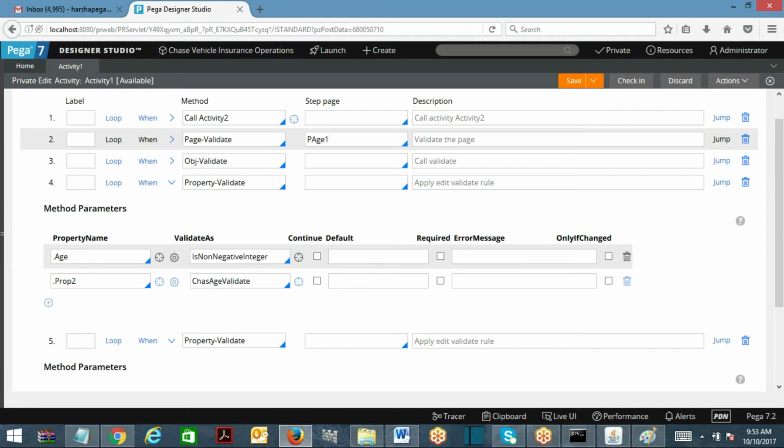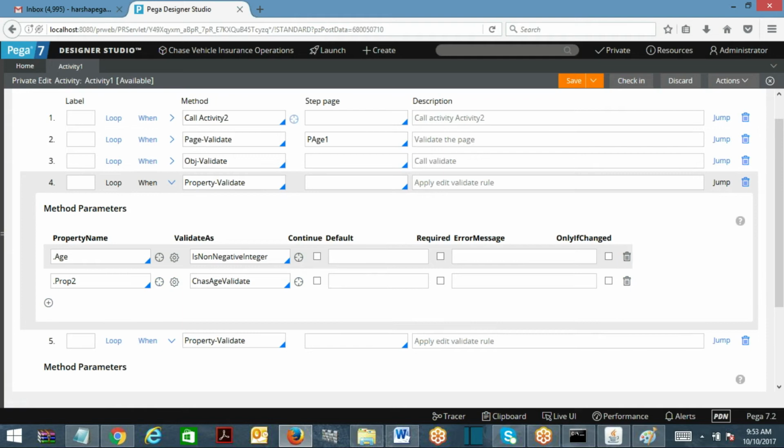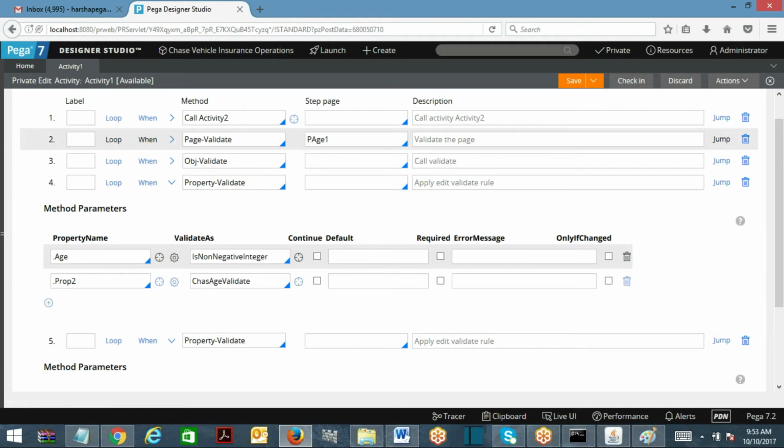I want to validate here also. Suppose I don't have validation at all, then I will go for property validate to validate in the business logic. If I have already applied edit validate and I want to execute the same through business logic, then there is one property which has been applied with validate, which I want to validate during the business logic execution. So I have to use page validate and supply a page. On that page, you should have that property available, which already has edit validate on the advanced tab, and that will be validated. This is fine.